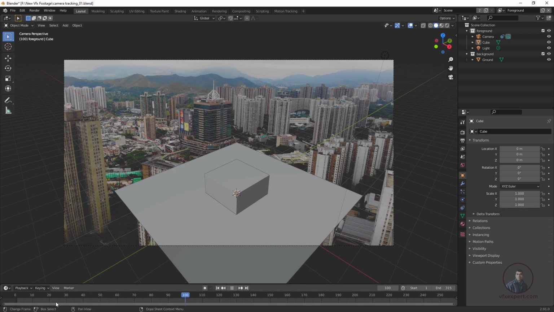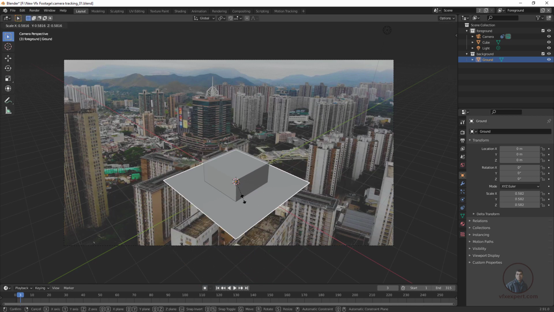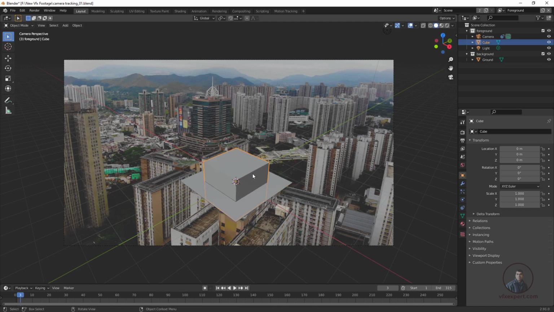Now just a little bit, select these grounds, and if you want you can resize it, or scale it down. So you can take this scale and scale down here. Okay, so I have selected this one and pressed S and resized a little bit like this, I think. And the box also, if you want you can hide it, or delete it, so there is no need for this box.